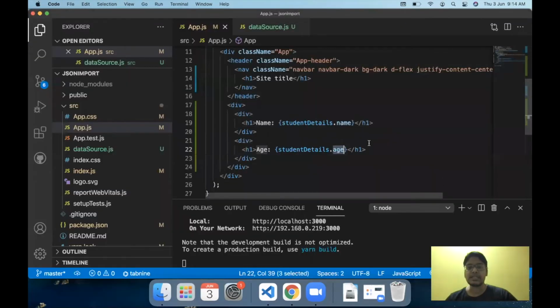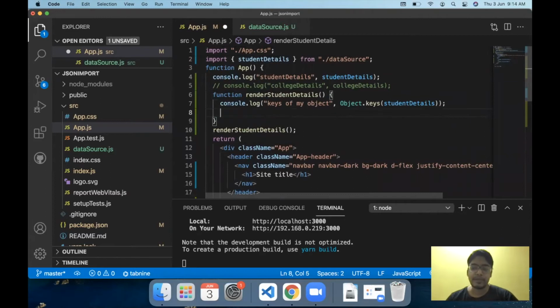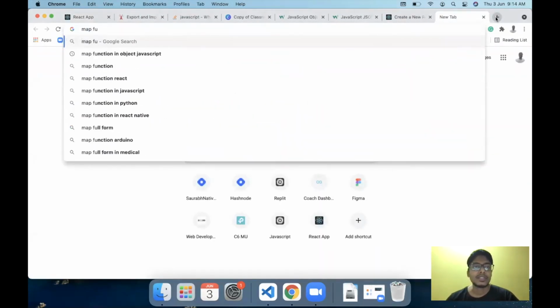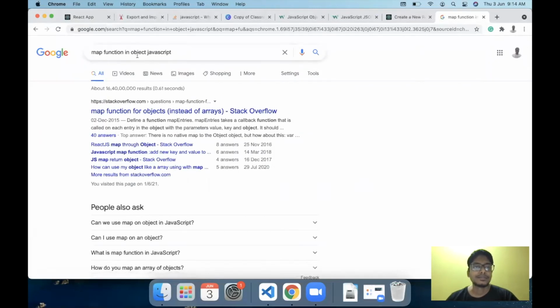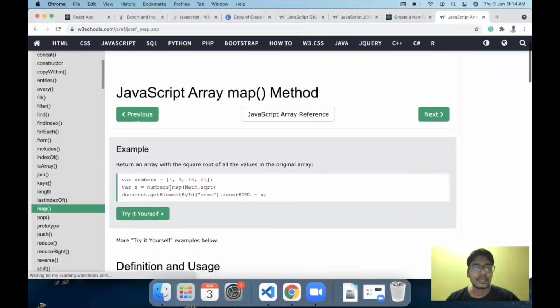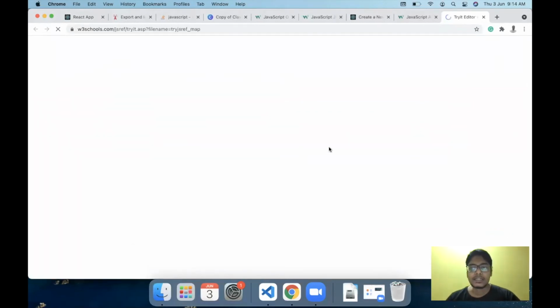Once I have all my keys, what I can do next is use a map function over this. For those of you who don't know, map is a function by which you can iterate over an array and get access to each individual value. So in this case, let's say we have a numbers array like this.